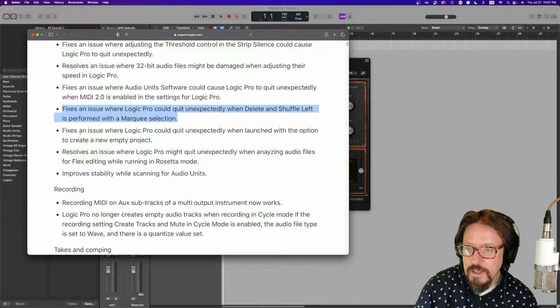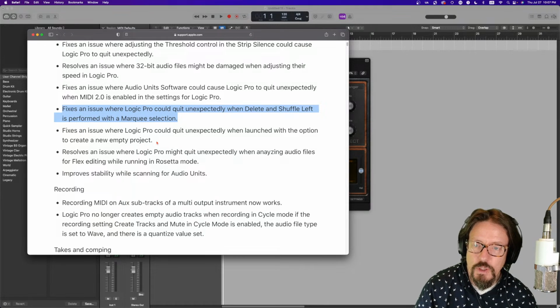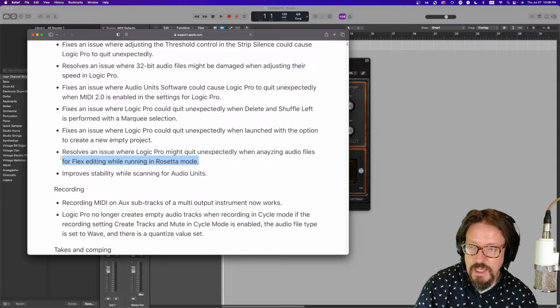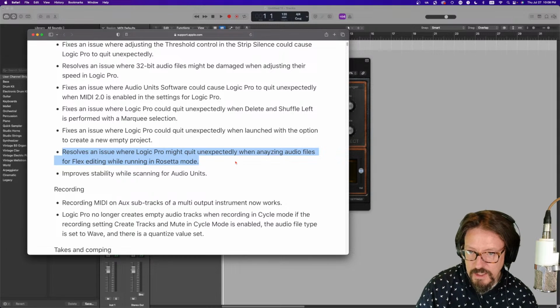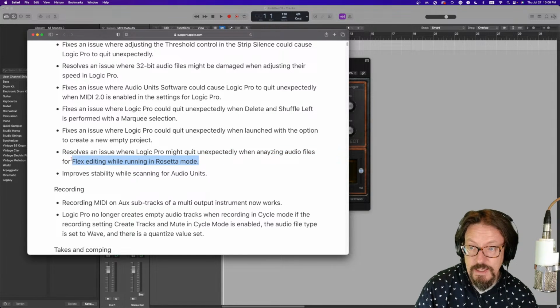Okay, cool. Fixes an issue where Logic Pro could quit unexpectedly when launched with the option to create a new empty project. Okay. I never had that set up like that. Resolves an issue where Logic Pro might quit unexpectedly when analyzing audio files for flex editing while running in Rosetta mode. This is something that